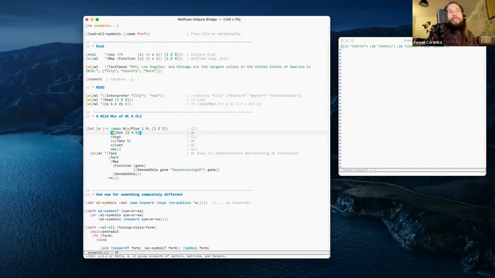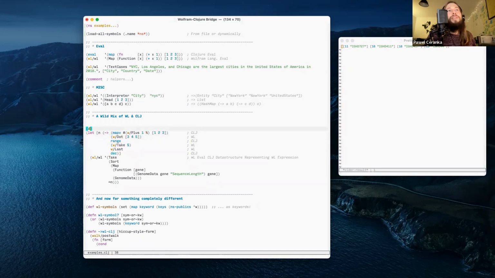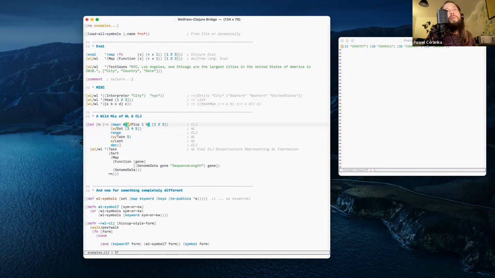But all the time, all this stuff is happening here in Clojure, but in the background, this is just running the Wolfram language code. Here, this is Wolfram language. But from our point of view, we don't care. Let's see if that function is in this. Yeah, I loaded this in this namespace as well. So let me remove even the.